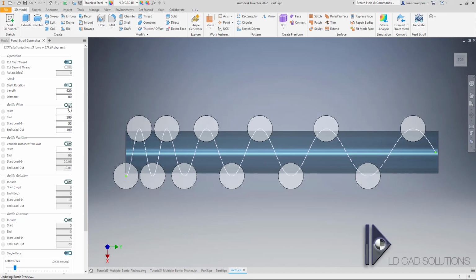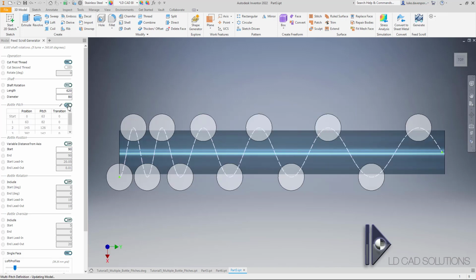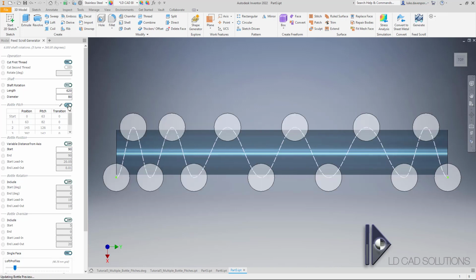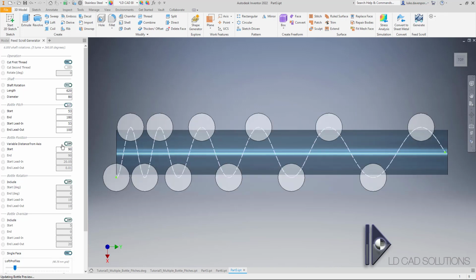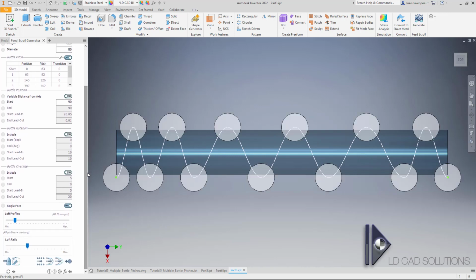Now if we toggle between the original pitch and the table defined pitches, you can see the difference there as we do the toggling. There's the pitches defined by the table, and if I toggle back, there's the pitches defined by the simple inputs here. Okay, so we want to go with the table defined pitches here, and just to finish off this exercise we want to perform a smooth build. We could do a rough shaft here. In fact, what might be useful is I'm actually going to run a simulation here